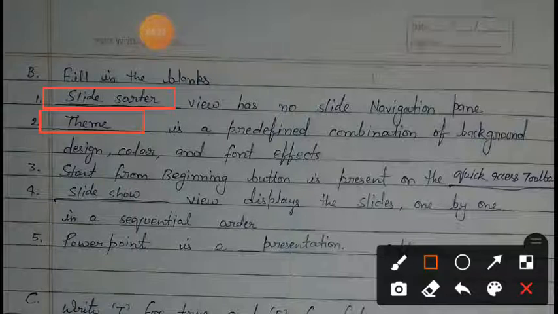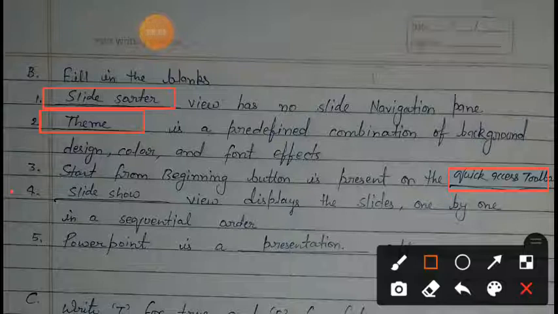And the next question number third is start from beginning button is present on the quick access toolbar. So students, here you have to fill quick access toolbar. And the question number 4 is dash view displays the slides one by one in a sequential order.